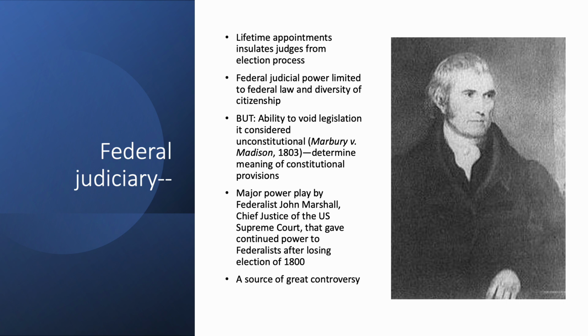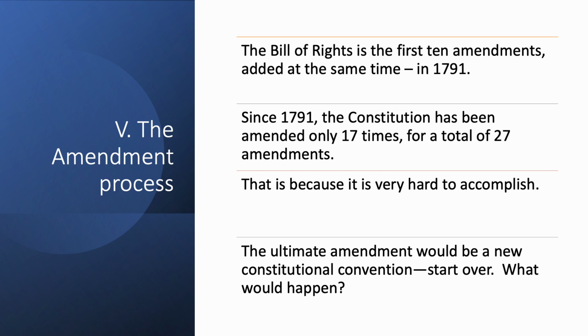Now, federal judicial power is limited. We'll talk a whole week about that. They only do certain things. But the federal courts, and most state courts, do have the ability to void legislation if they believe that it violates the Constitution. We call that judicial review. And this is a source of great controversy when the Supreme Court particularly, but any federal court could potentially do this. But with the Supreme Court, it really generates a lot of objections when they do it.